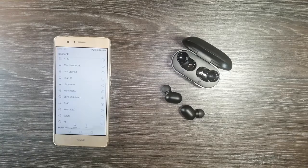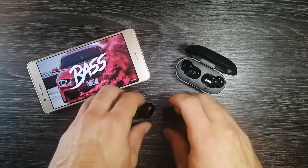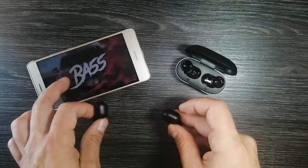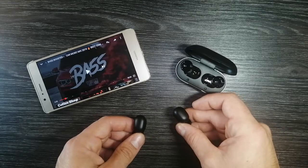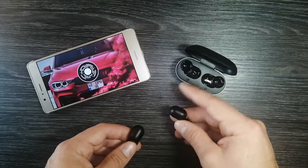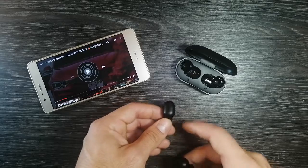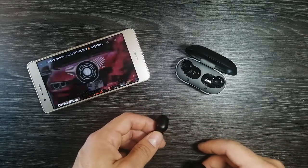some music. Alright, so if you want to play the music, you just need to tap either one of the earphones on the touchpad once. So let's, for example, tap the right one once, and you can see that we started playing the music. So if we tap it again, the music will stop playing. So the same thing goes for the left earphone. If we tap it once, it will start playing the music, and if we tap it again, it will stop